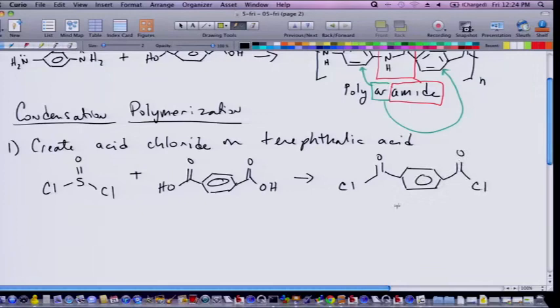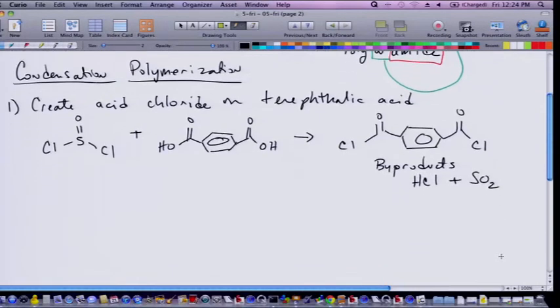And you'll end up with a couple of other byproducts here. You're going to have HCl plus sulfur dioxide, okay? And so I guess you'd use two equivalents of this because you have two sites. In any case, now you can take the acid chloride activated form of terephthalate, the acid chloride form, and this will